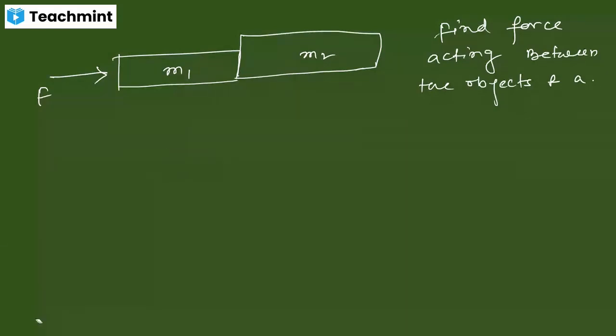So I'm just erasing it. I'm assuming M1 as a point mass. So one force is applied in this direction, right? Suppose you are just traveling by bus, okay? Let me just tell you a story. You are traveling by bus, and the bus is fully packed. Maximum of the people are standing on the bus. Now suddenly the bus driver applies the brakes.